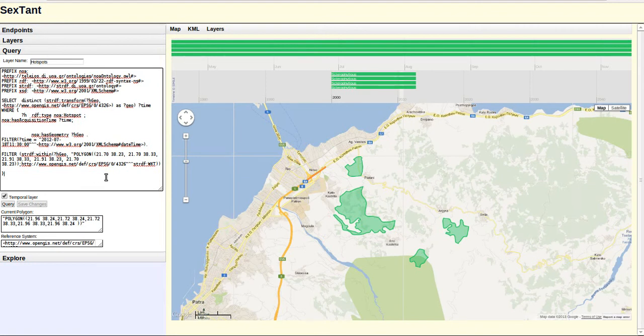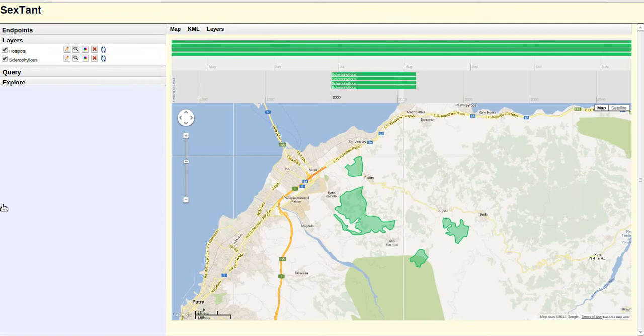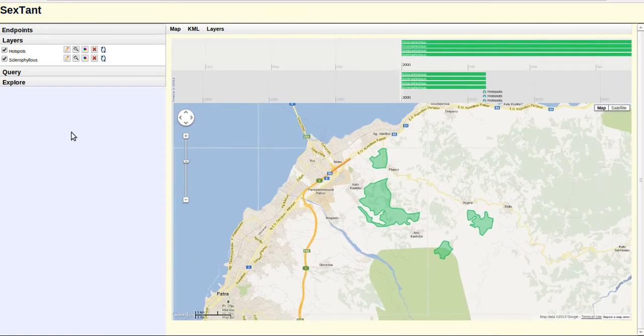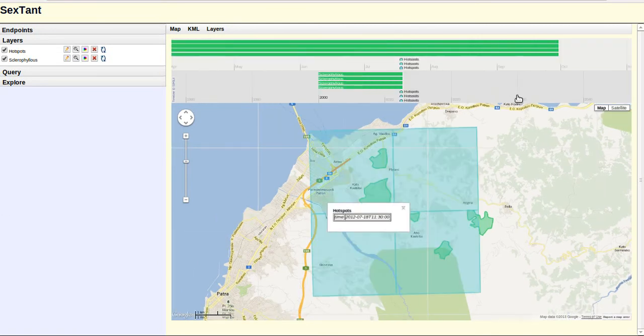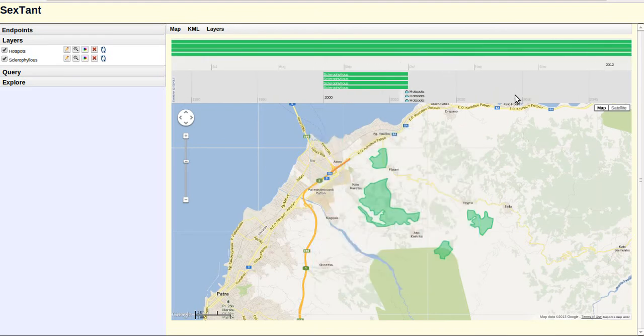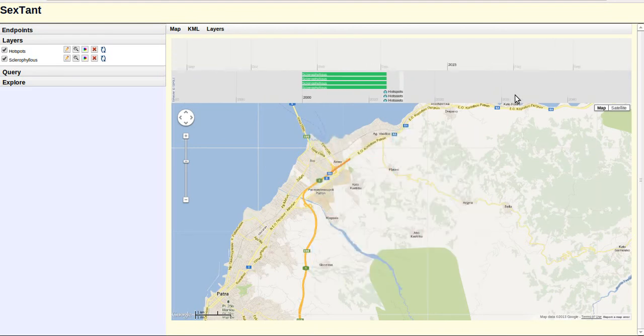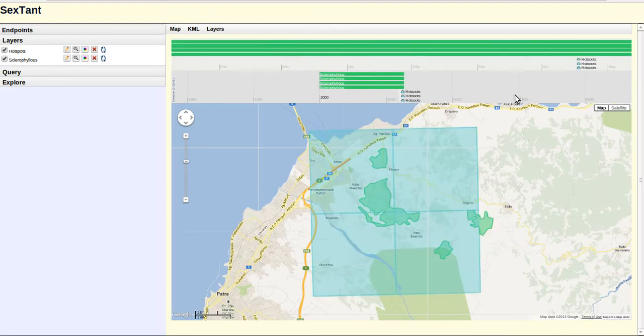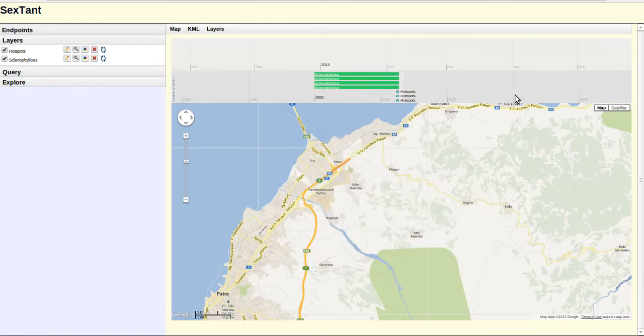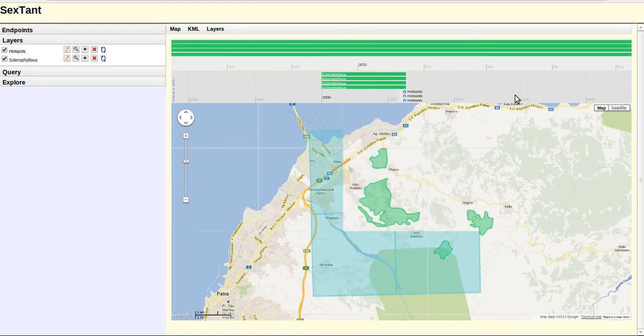So we project the geometries and the detection time of this hotspot. Notice that now we're using a user-defined time dimension, not a valid time dimension as we did before, and the hotspots appear in both the map and the timeline. Now we have points in the timeline,